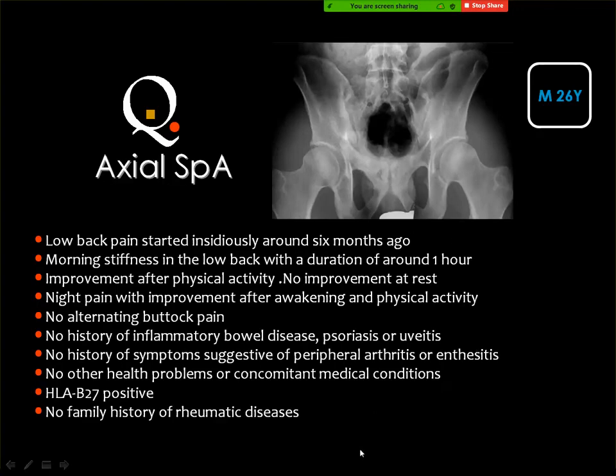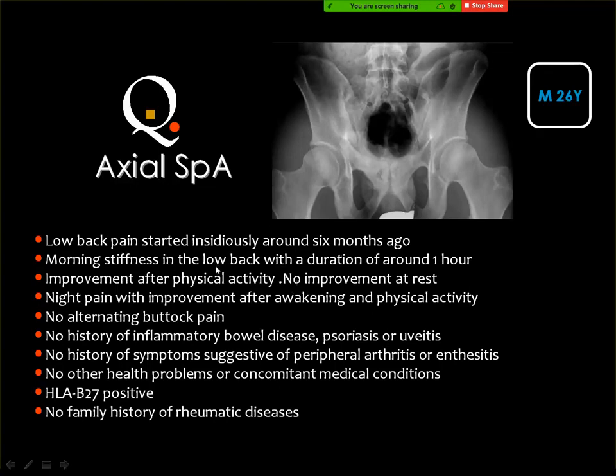spondyloarthropathy. But if you see that the sacroiliac joints are normal in the plain film, but they show some abnormalities in MRI, especially bone marrow edema, then you know that this is the non-radiographic axial spondyloarthropathy. The history should be like this: low back pain, which is insidious, and there is some